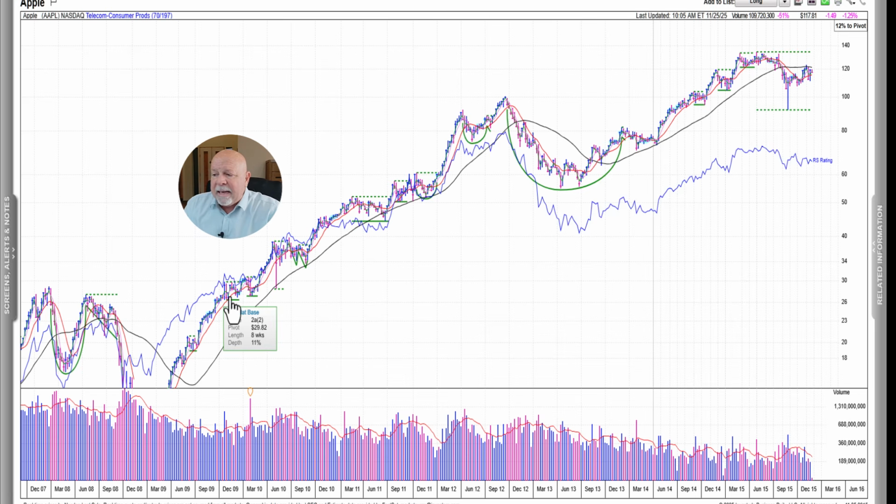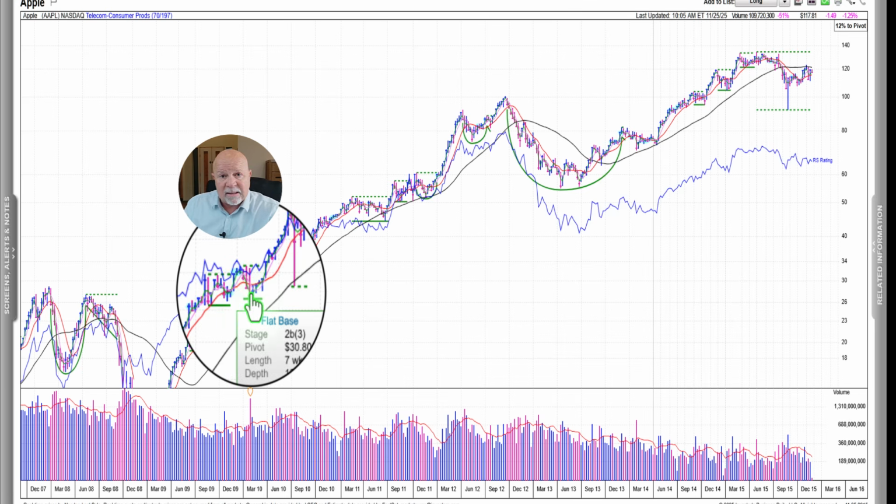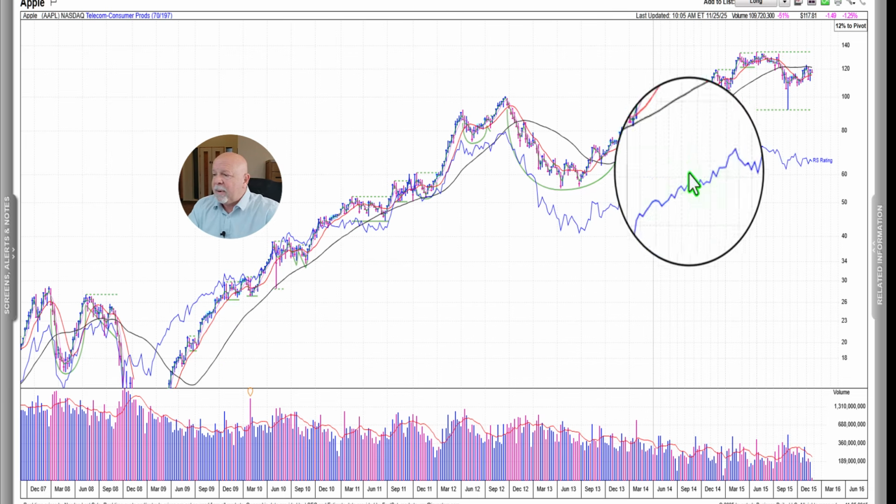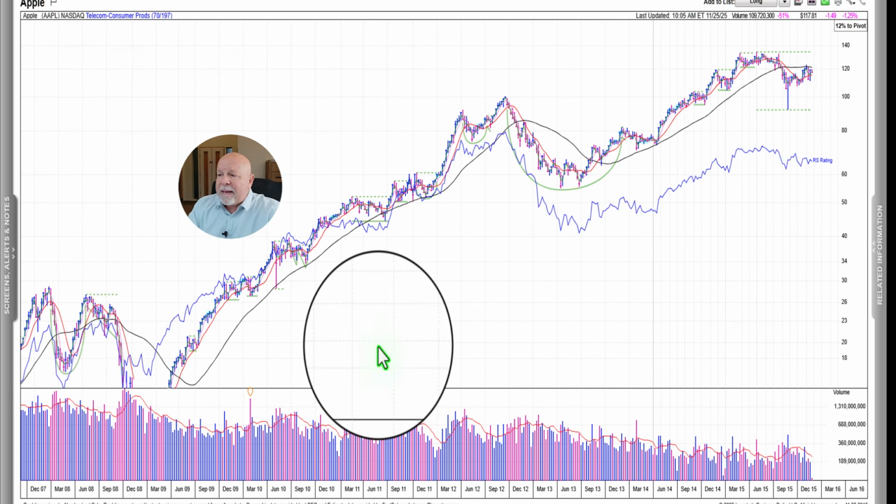And these are bases. So you can see it already draws the bases out. It's got pattern recognition built in. I don't need this. I use it so that I can teach, but I usually take it off and find my own patterns on the chart. And most of the time they lined up with the computerized patterns that you see on this chart. But I want to show you this base count. Let's go to